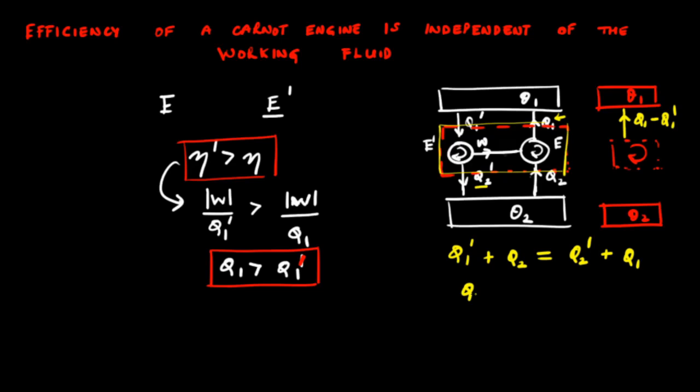In other words, Q1 minus Q1 prime is equal to Q2 minus Q2 prime, and this is exactly